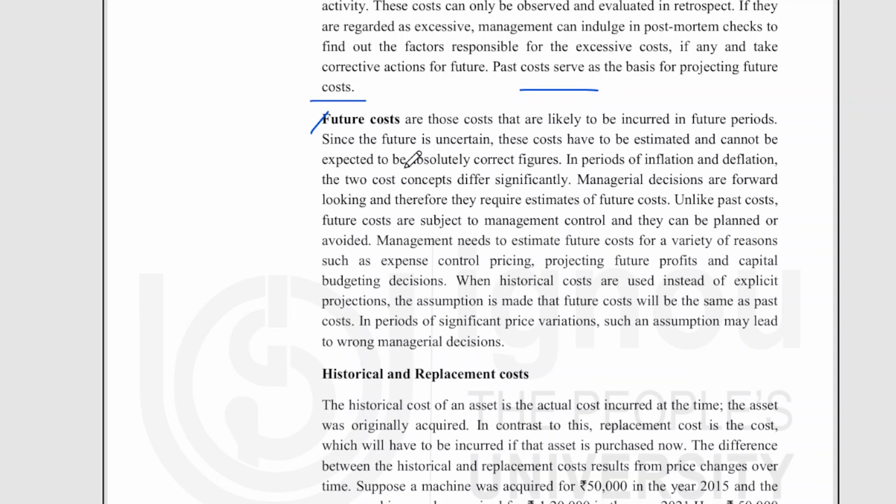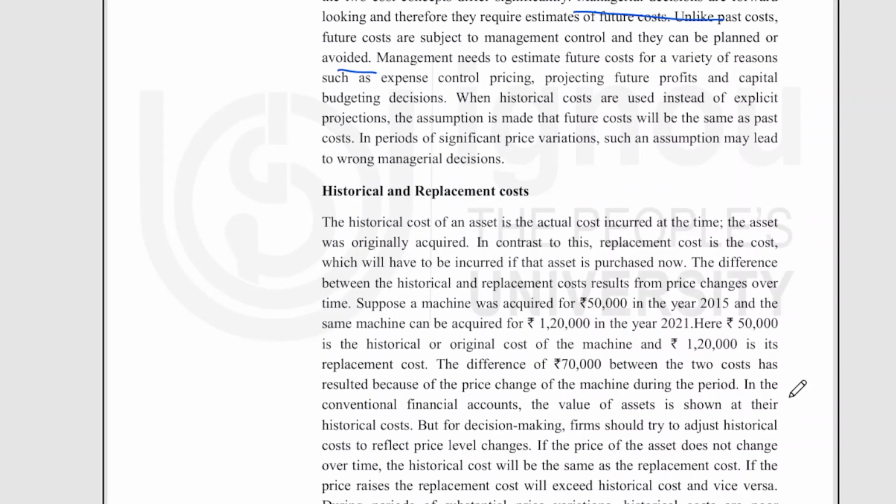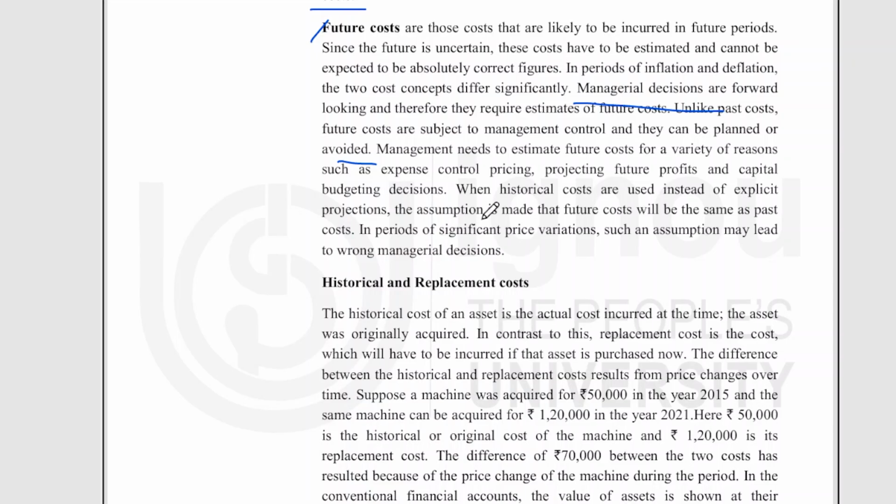In periods of inflation and deflation, the two cost concepts differ significantly, and managerial decisions are forward looking, and therefore they require estimates of future cost. Unlike the past cost, future costs are subject to management control, and they can be planned or avoided. Management needs to estimate future costs for a variety of reasons, such as expense control, pricing, projecting future profit, and capital budgeting decisions. When historical costs are used instead of explicit projection, the assumption is made that future cost will be the same as past cost. So in periods of significant price variation, such an assumption may lead to wrong